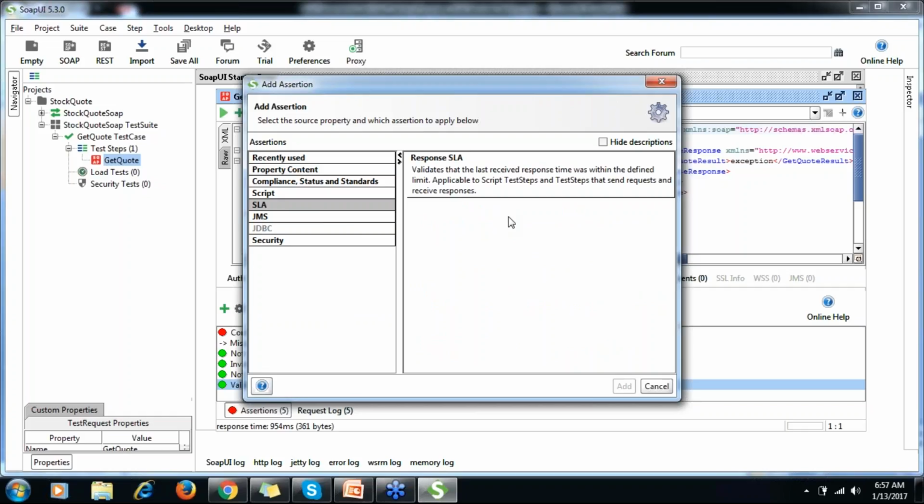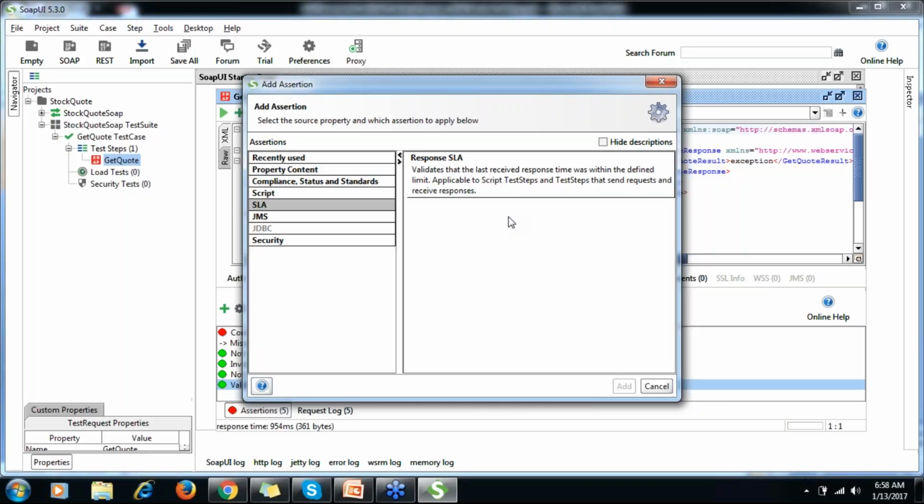In SLA, there is one more thing. SLA validates that the last received response time was within the defined limit. There is a service level agreement that whatever response I receive should be within some time limit, say 400 milliseconds or 500 milliseconds.